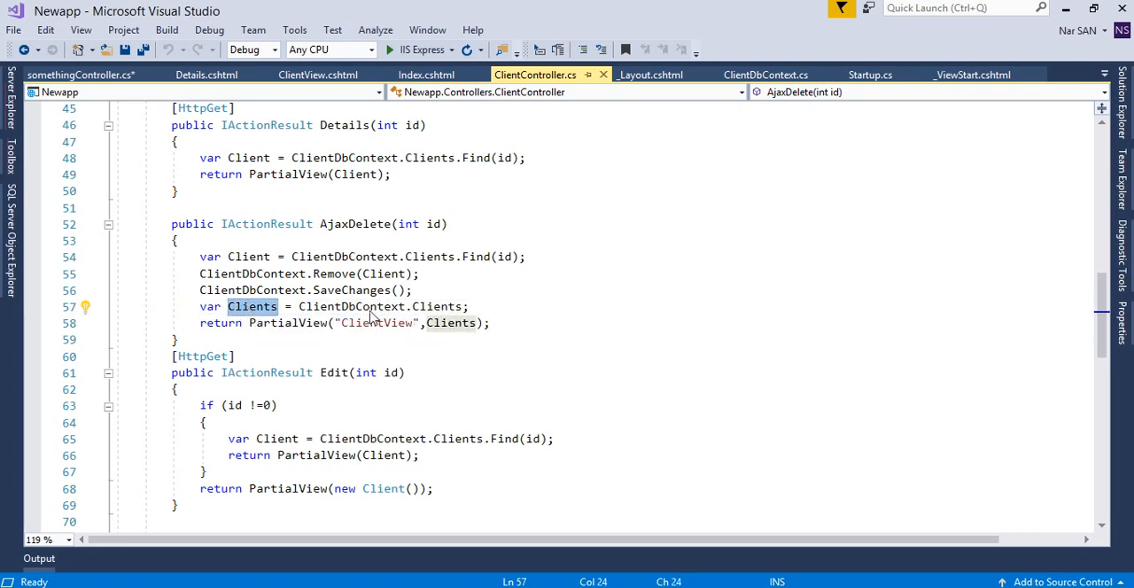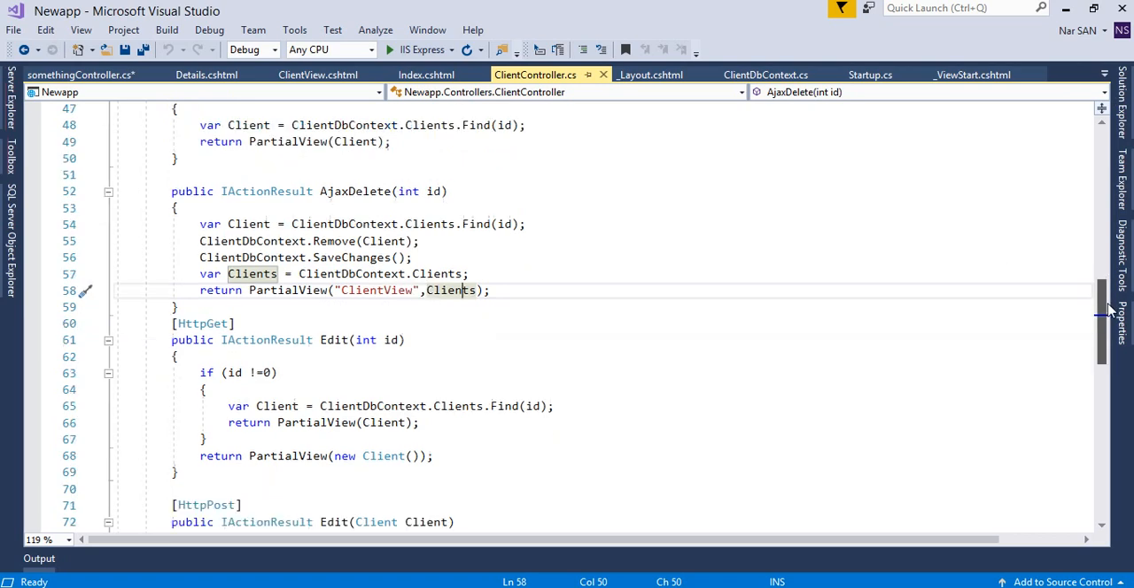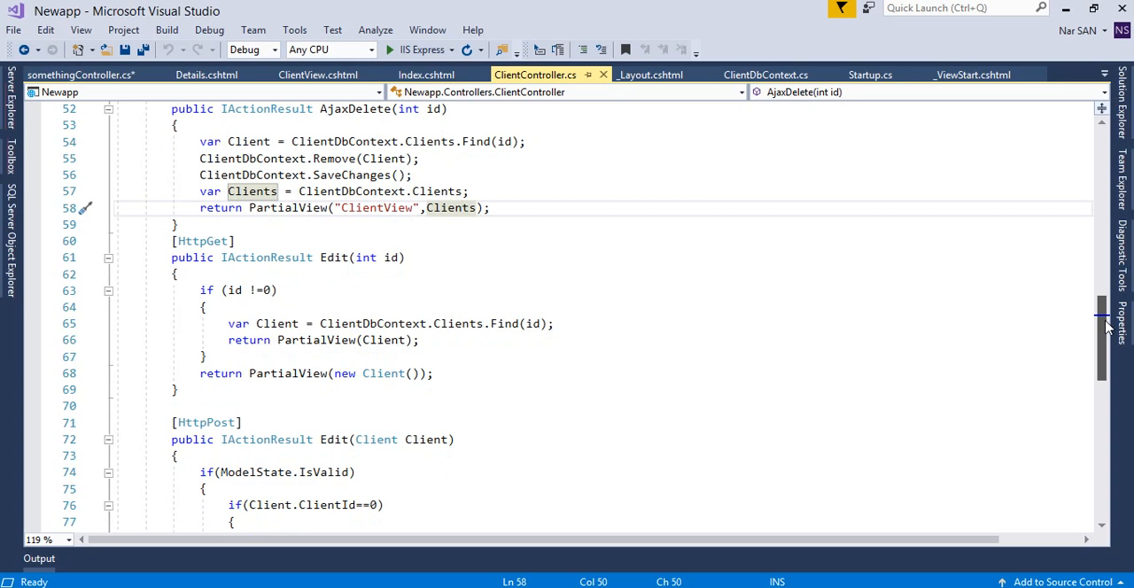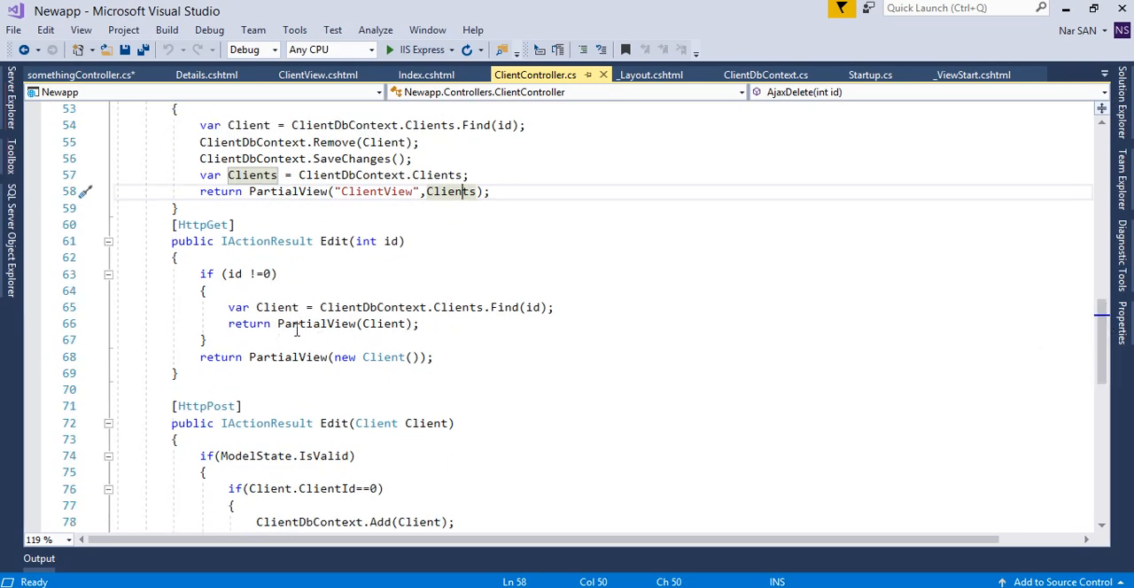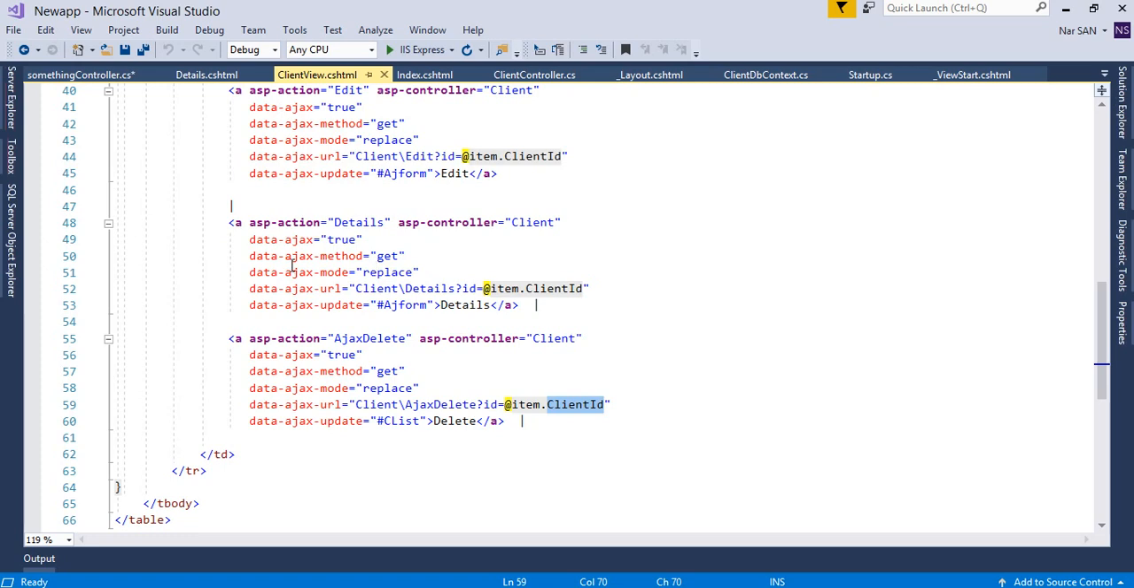So create another variable and store all the list of clients into that variable and return a partial view here. Okay, so the client view will be the same page, and this is a variable. This variable we're going to pass here to return the partial view, and so it will delete the record without page reload as I showed you before. Okay, and edit is also the same. So it's all the same code really, basically,